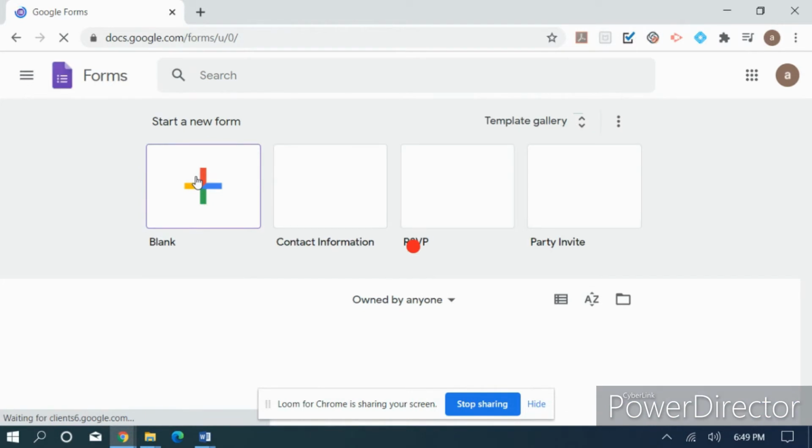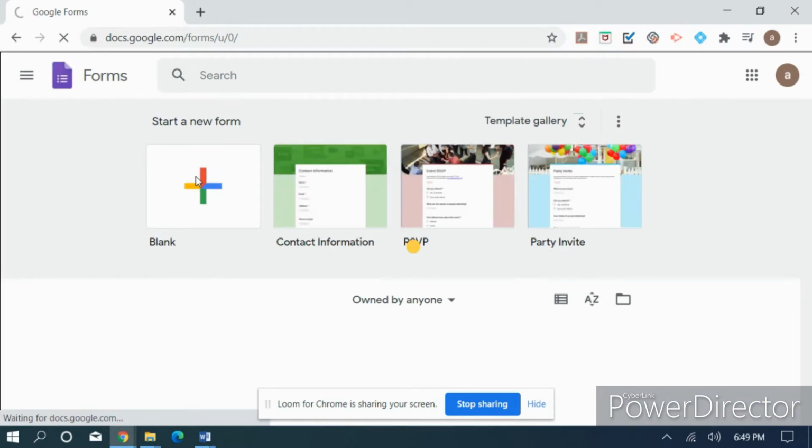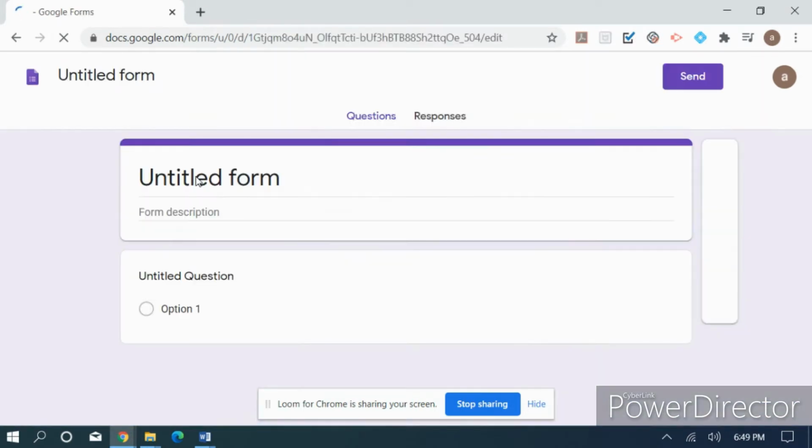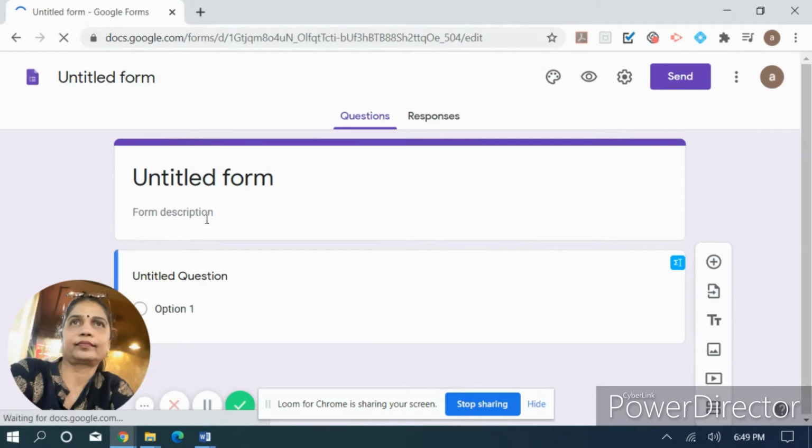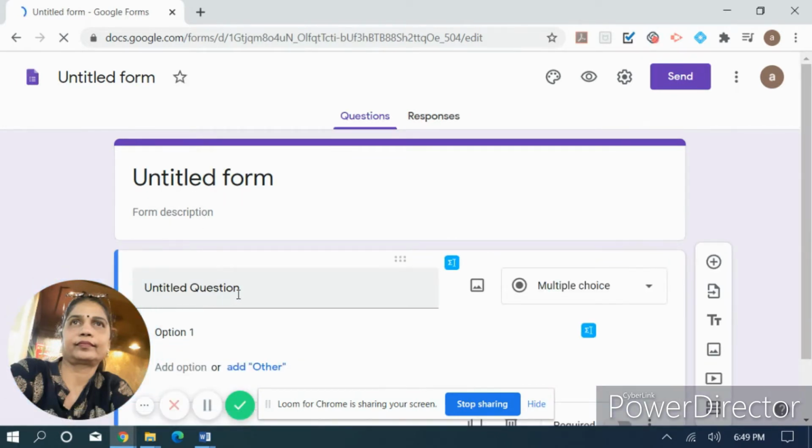Let's start a new form, and I'm not going to go into details like the organization name and all those things. I'm simply going to use the question space for typing the question. So here, when you have opened this with the Equatio extension, you'll get a small blue color box near your untitled form, near the questions.